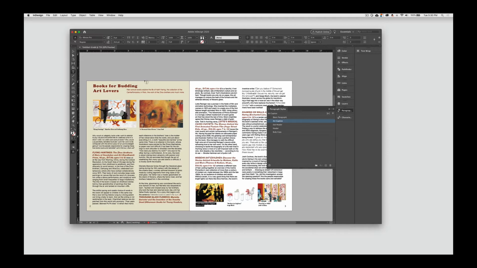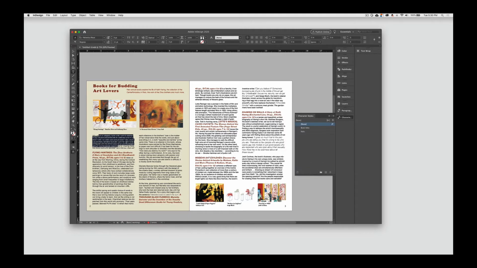Last thing to cover is just clarifying again that you must set up your paragraph style and your character style. Make sure that you have selected it and made a style for it. So that was my header. This is my subheader. I created an art caption. I created body copy. And then for my characters, I only did a few things. I did the titles of my books. Should all be under that. And then any of my italic should also be there. And that's it. I will again be checking those, so please make sure that you did create paragraph and character